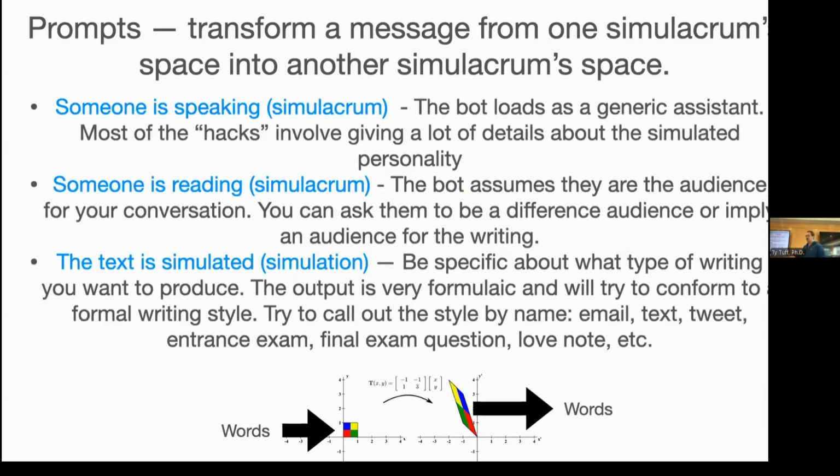So when we're using this, the core thing that I want you to remember when you're actually trying to implement this stuff is it's a translation machine. And so you can set what's being translated to and from. And we call those simulacrums, which is a simulated personality. So when you first open chat and give it a prompt, it is translating generic simulacrum to generic simulacrum, and it's going to give